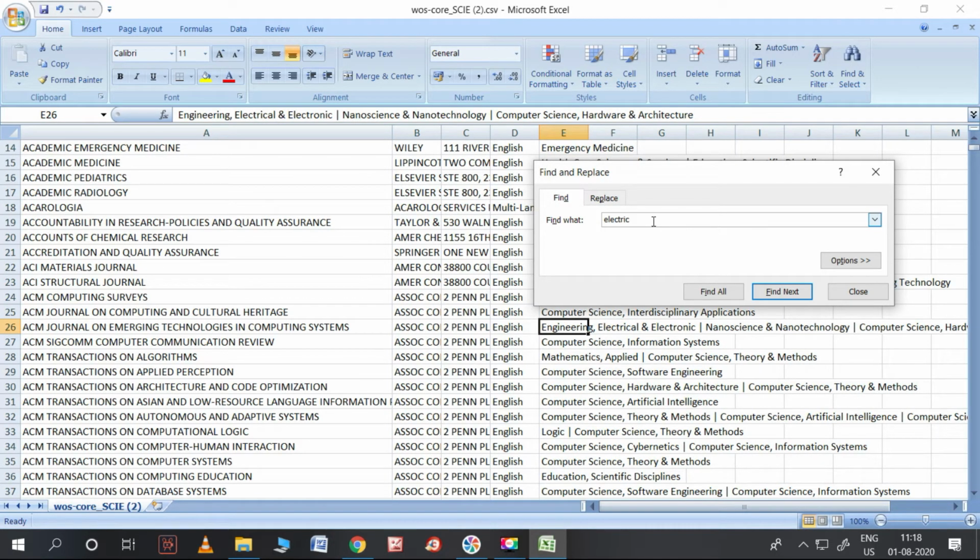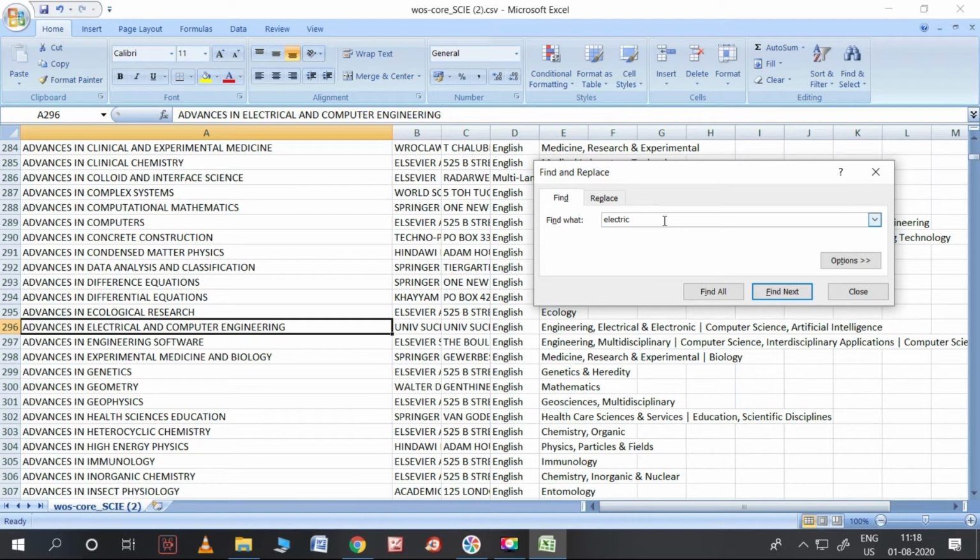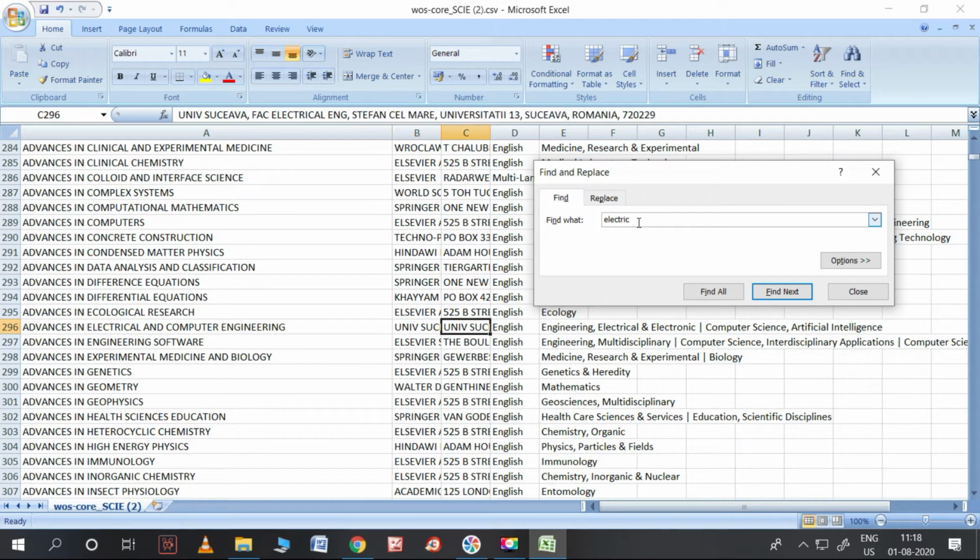Electric, yes, this is electric. This is one of the journals, ACM Journal on Emerging Technologies in Computer Systems. So they also allow electrical and electronic journals here, and this is one of the electrical journals, Advances in Electrical and Computer Engineering, and similarly we can have some other journals also